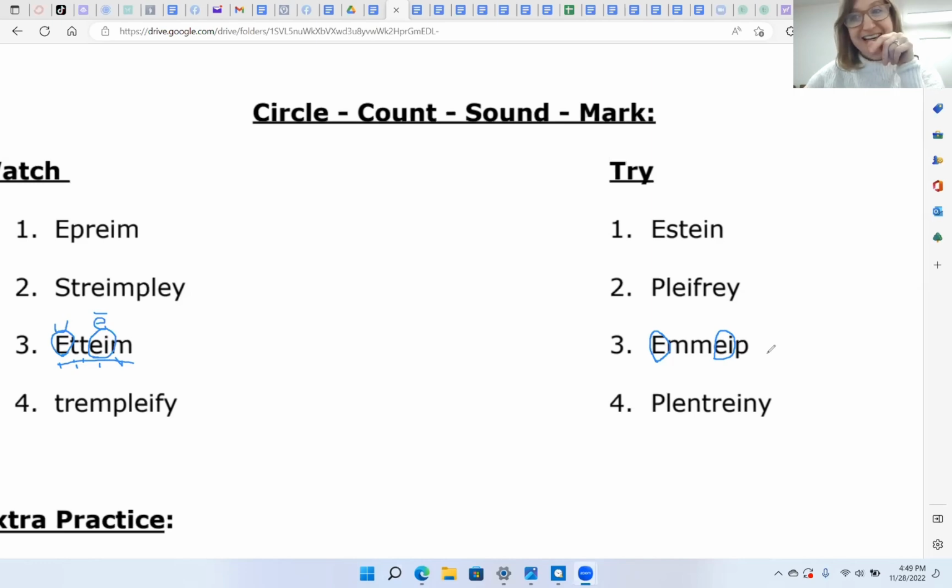I'm watching your face. I think you're getting it. I can tell by the way your mouth is moving when you're pronouncing it. Okay, here's how you pencil read this word. Let's see, these 2 letters are consonants. They're the same consonant, so that is a quick trick. That is going to be a short sound. This EI is going to be a long E sound. So when we pencil read this word, it's